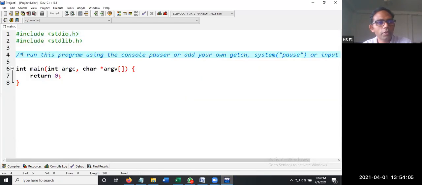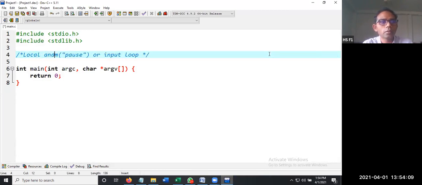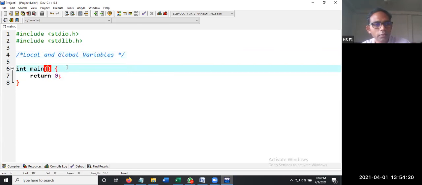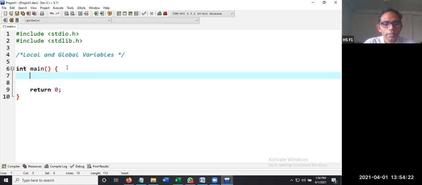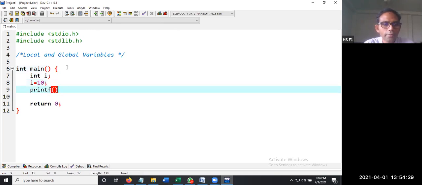So this is the example for local and global variables. We don't need this stuff here. We are saying integer I is equal to 10, printf %d, I. So the value that is going to get printed is 10.